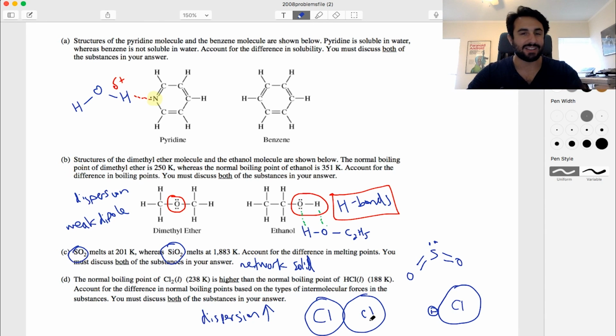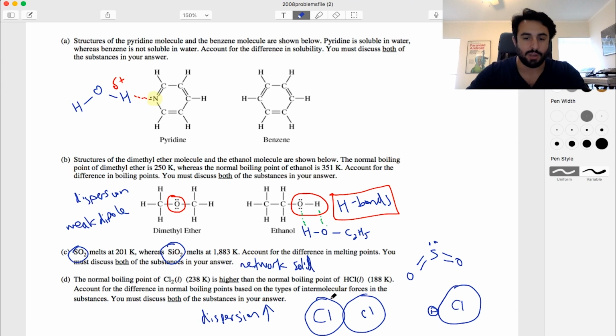We need to recognize which can do what. And then we need to be able to compare relative strengths. We need to know that hydrogen bonding will be a stronger electrostatic interaction than dipole-dipole interactions. We need to know that the covalent bonds in a network solid are much stronger than the intermolecular attractions between